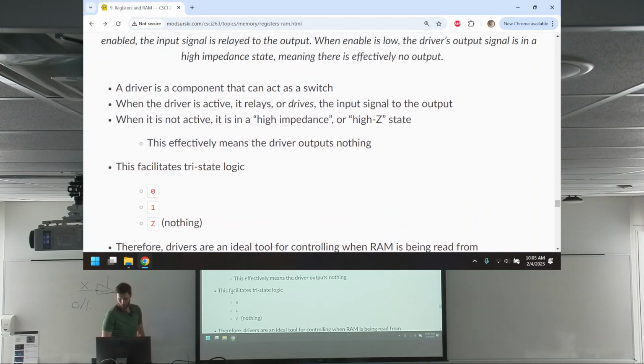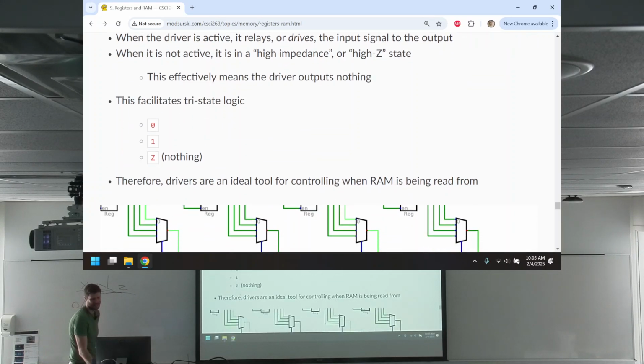So yeah, when it's on, it relays whatever the signal is to the output. When it's off or not active, it's the high impedance state, or high Z state. This effectively means it outputs nothing. So this facilitates tri-state logic: 0, 1, and Z. We use the letter Z to mean